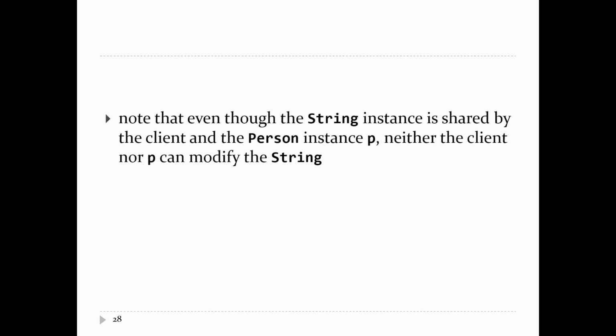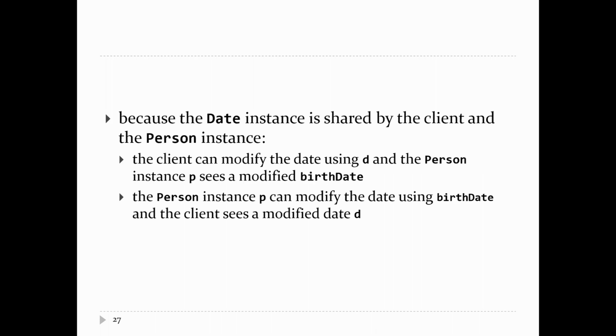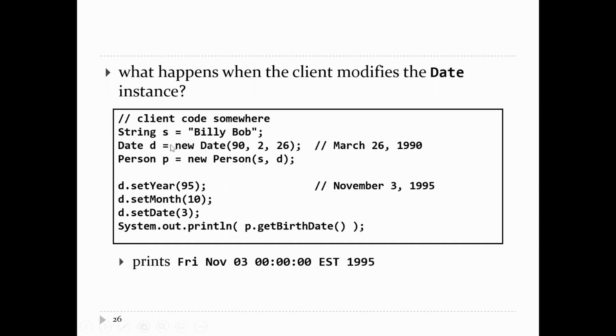Now there's something different about the name. So the string instance is shared by the client, the caller of the constructor, and the person object. But strings are immutable. You cannot change a string once it's been created. So back here, if the caller writes s equals something else,